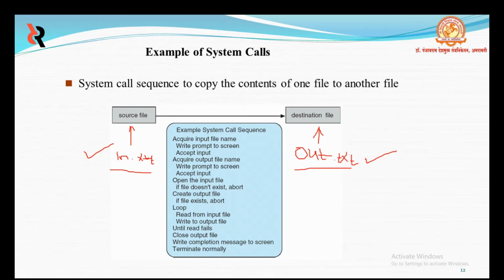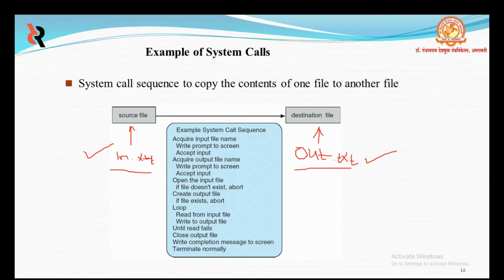Another option in an interactive system is to ask the user via a sequence of system calls to output the prompting message and to read the response from the terminal, to decide whether to use the existing file or to abort the program.